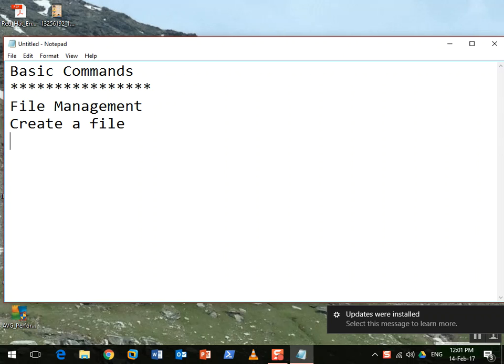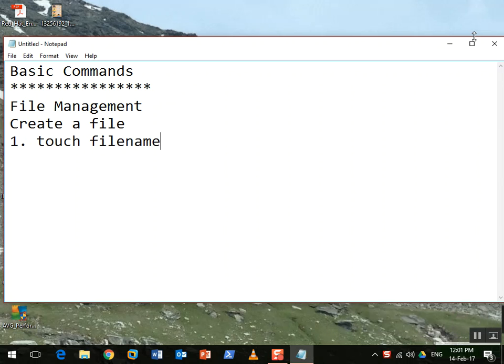Create a file using touch followed by the file name. It creates a zero length file. Okay,